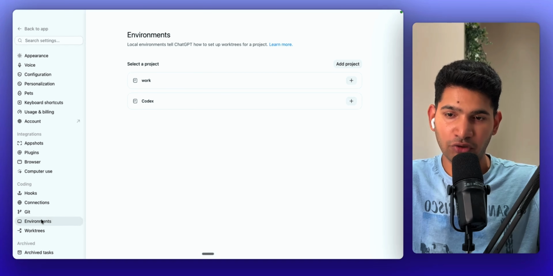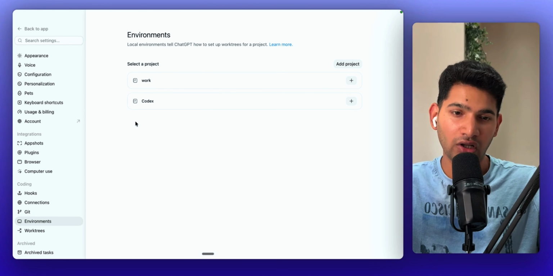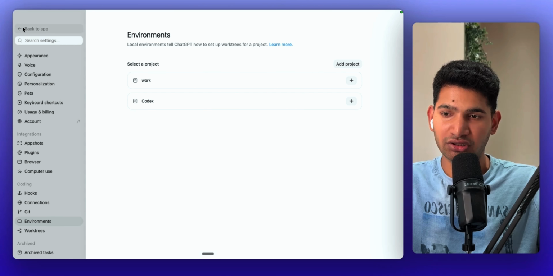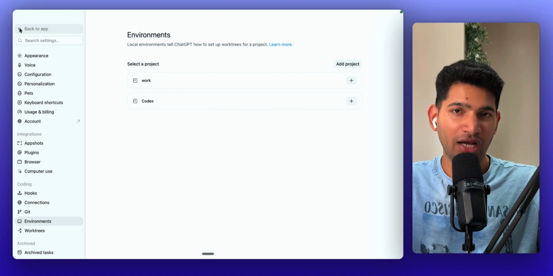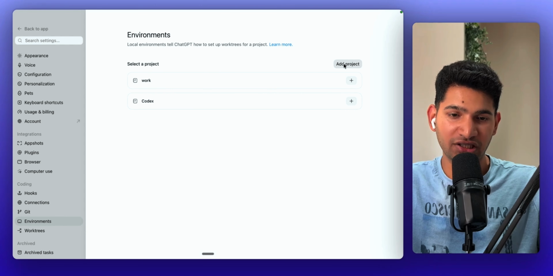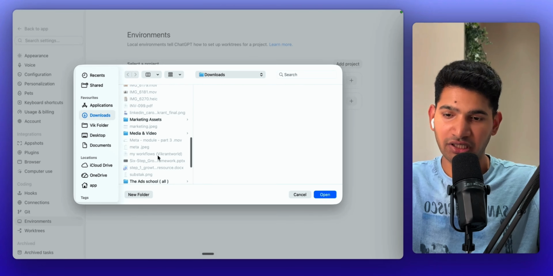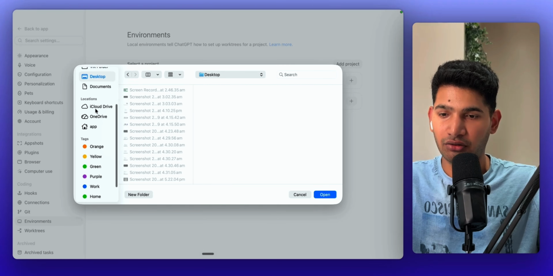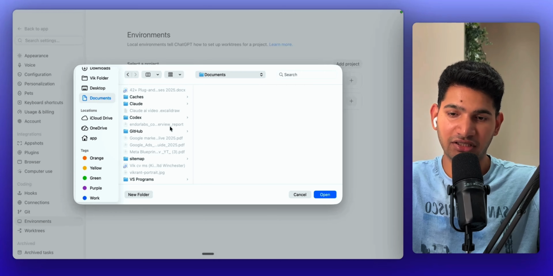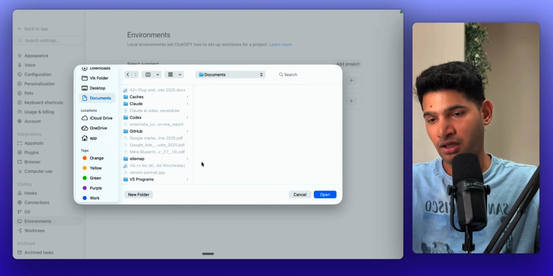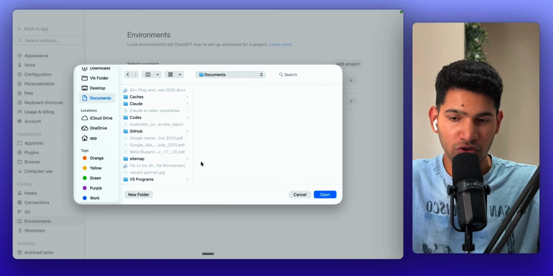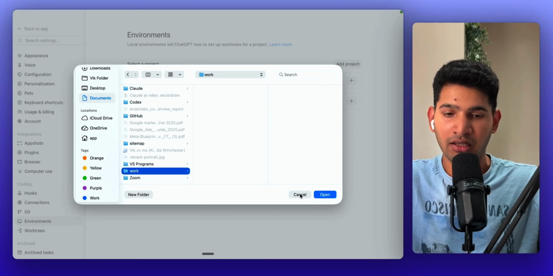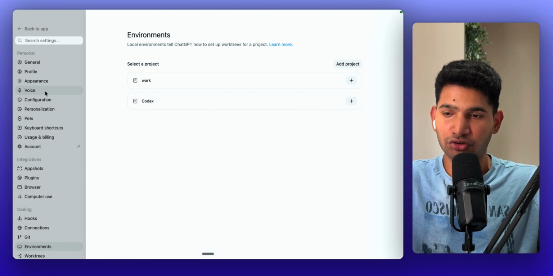When you click on environments, you'll be able to see that I have added only two projects. I do all the work as of now inside this work or codex. So as I was telling you, when you start this codex, you have to add your own project. So when I click on add project, I can either do this locally. So let's say if I want to start any other project, I'll click on desktop, or I will go on documents, and I'll create one more folder here only. Or if I want to upload all sorts of input here, I can do this. I can directly click on work and then I can click on open. So this is the basics which you should know.